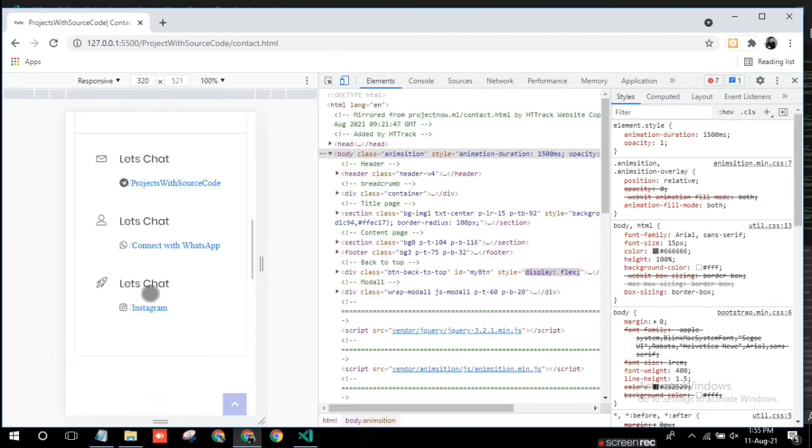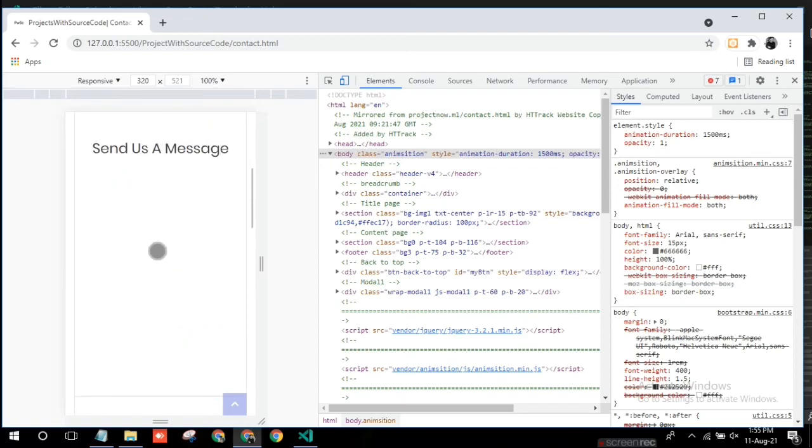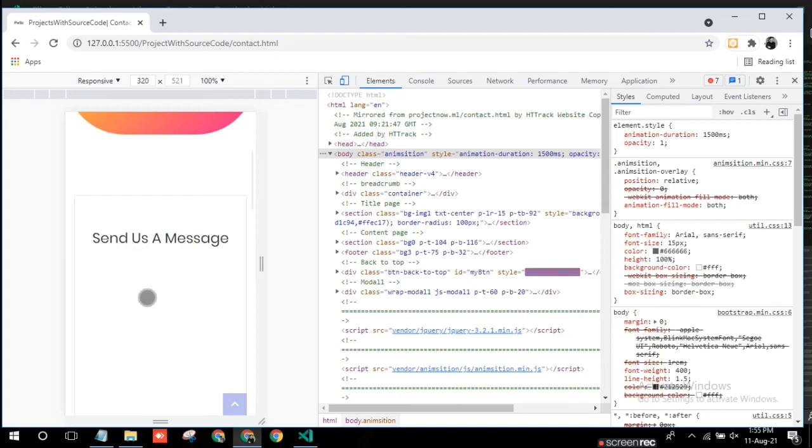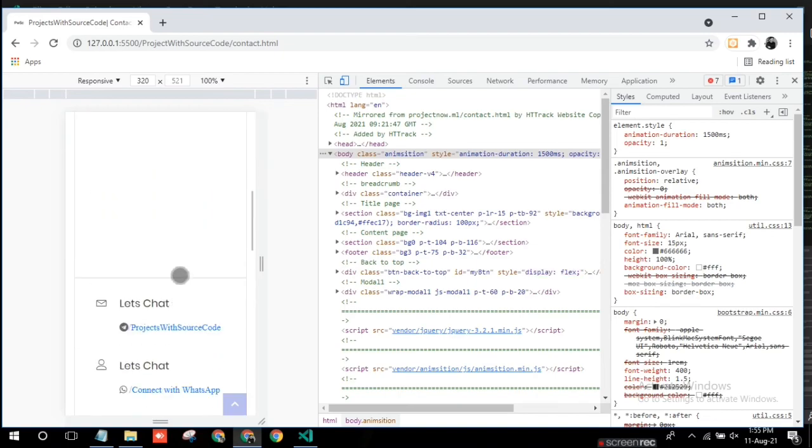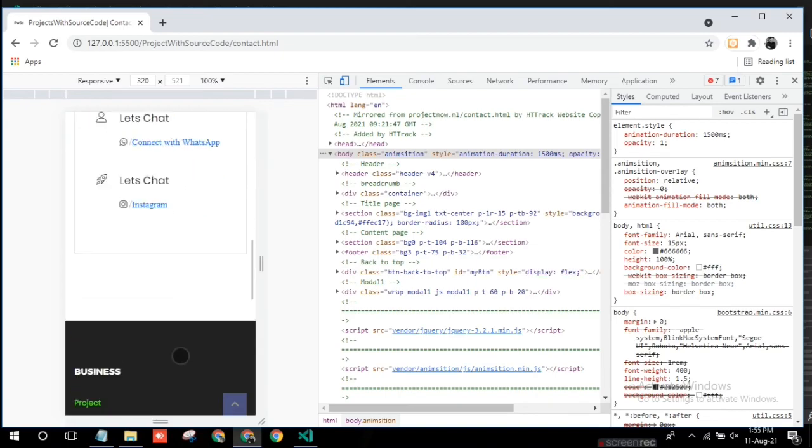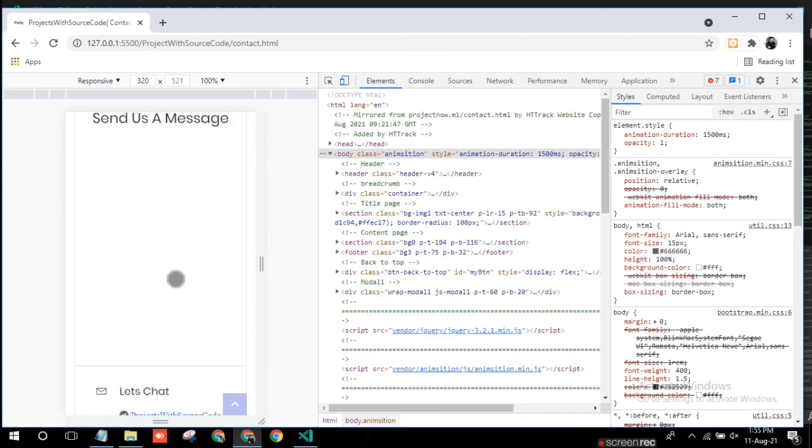Send a message. So here is one error. It is not showing the contact section, meaning it is not showing the form which you have to fill in for contact. So I have to fix it. Okay, after fixing it, I will upload it on the internet. So thank you.